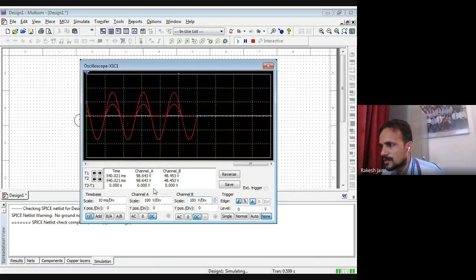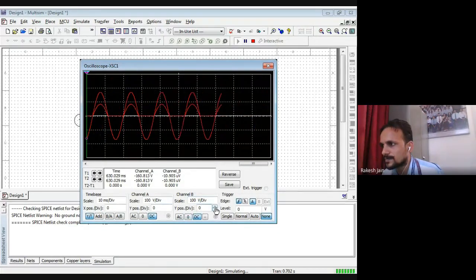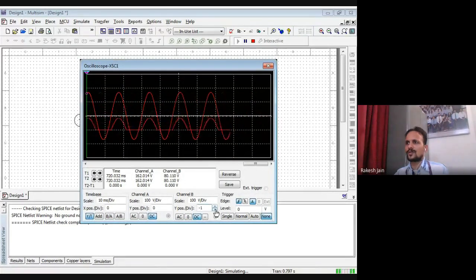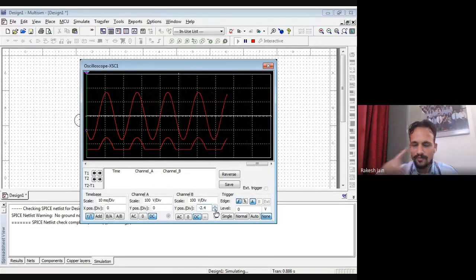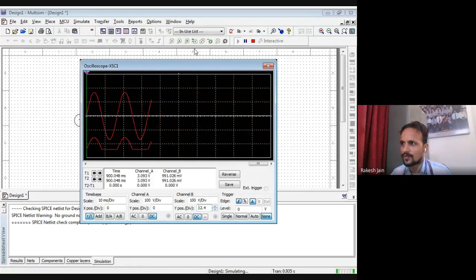Wait, I just shift this a little bit so you can see easily. Are you able to see these two waveforms on the screen? Yes, there are two waveforms in front of you.